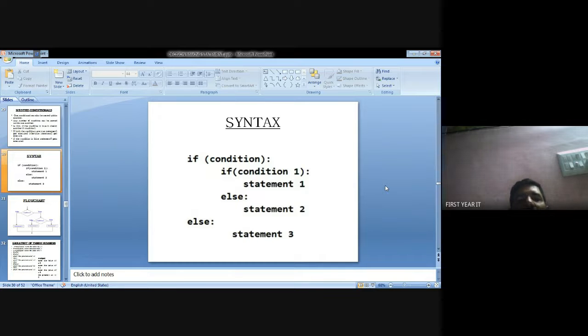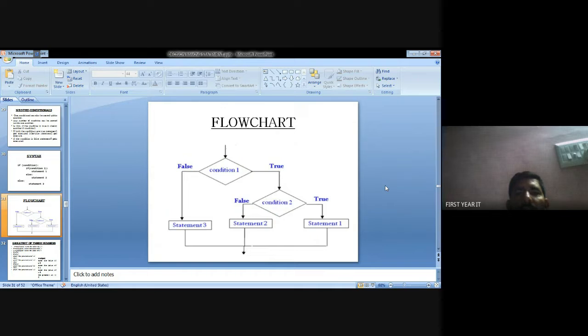If any one condition is false, go to else and that statement will be printed. This is a flow diagram. Condition 1 is checked; if true, go to condition 2. If condition 2 is true, statement 1 is printed. Suppose condition 1 is false, then the else statement will be executed.